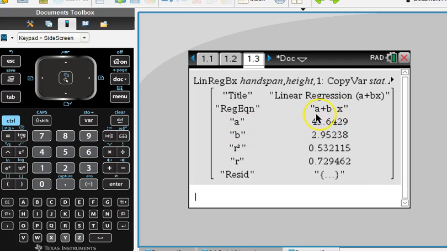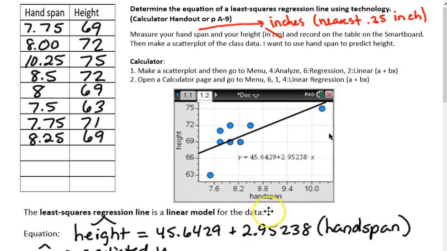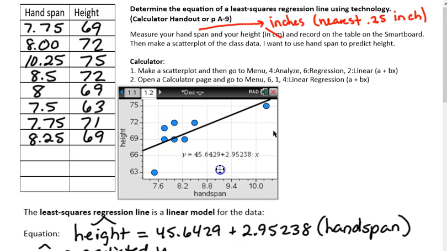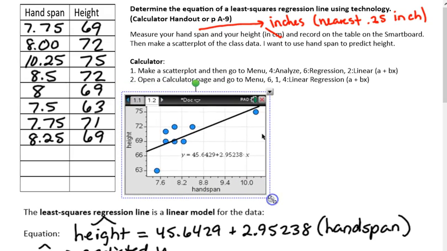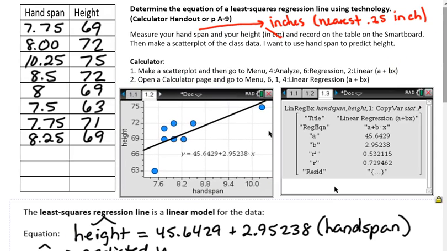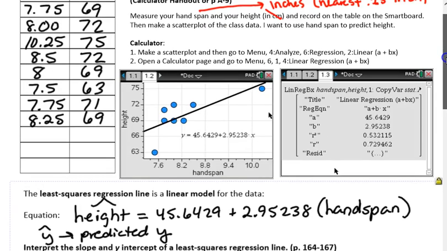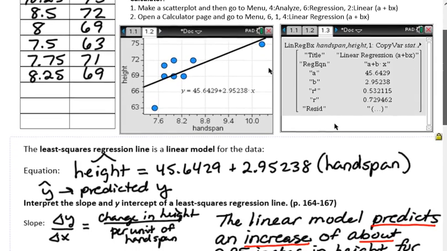It gives you the a value, which is the y-intercept, the b value, which is the slope, the r squared, which we'll talk about later, and the r, which is the correlation. It also gives you a residuals list, which we'll talk about later. So those are the 2 ways to do a regression on the calculator. So coming back, I think I'm going to pause for a second and copy the other regression page onto here. So okay, now we're going to talk about how we write about a linear regression in